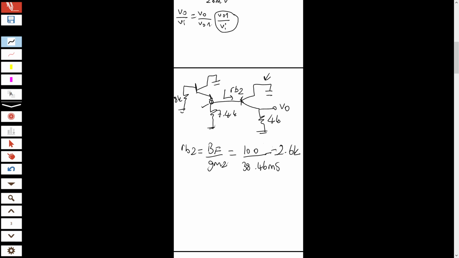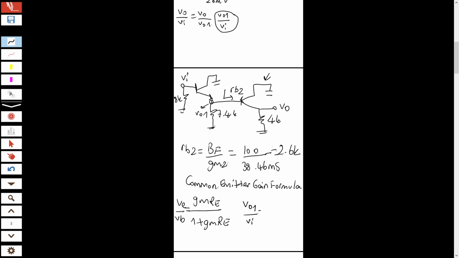So, the first gain will be here. This is V output 1. Here, this is Vi. So, V output 1 over Vi equals the common collector gain formula. I will repeat this until you get used to it and know it by heart. It is gm R over 1 plus gm R. But be careful. What is our emitter resistance in this case? In this circuit, it is 7.4K parallel to Rπ2. So my gain V output 1 over Vi simply equals 38.46 times